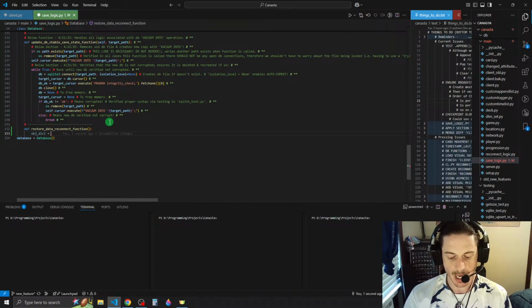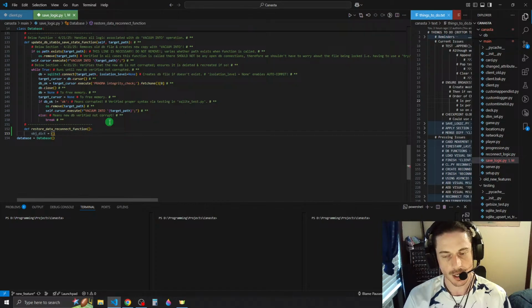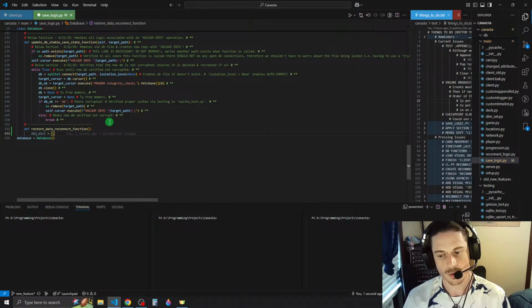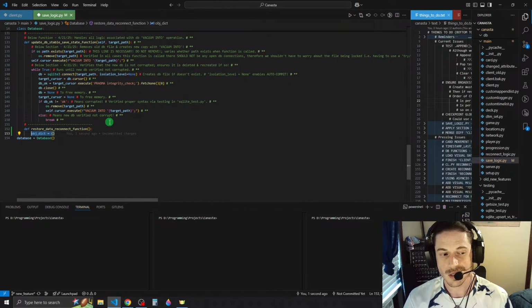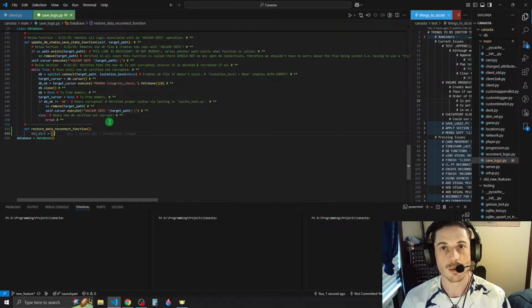well, we would have a list of all the things that got saved. So this is not terribly complicated, but I want to make sure I get this right. We could basically grab all of the object names from each object in the database and create a dictionary, or really just a list of each object.